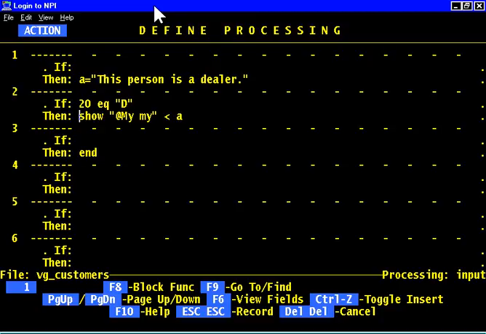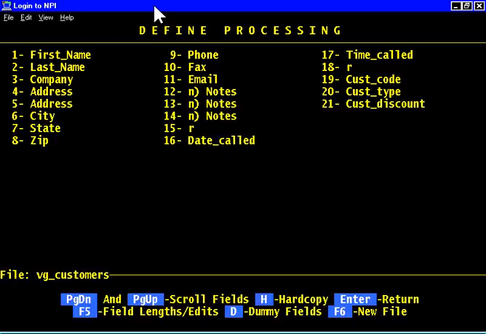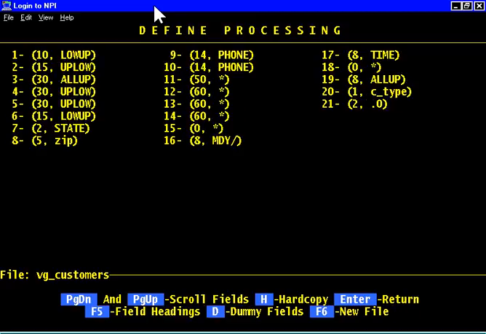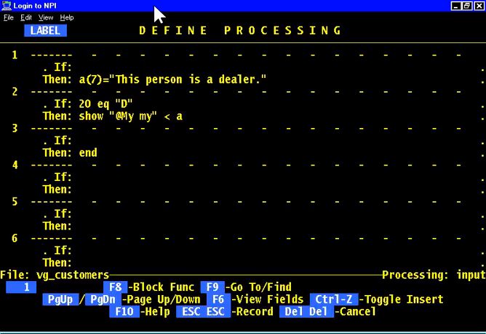You can assign a length to dummy variables. You can say, I want a dummy variable that's 7 characters long. And you could say a paren 7. It's just like an edit type. You remember if I look at the values here on the real fields, and I press F5 to see the edit types, they're inside parentheses. I've given them a length, a comma, and an edit type: low up, up low, dot zero, zip. So this is two things, the length and the edit type. In this case, I'm just giving the A here